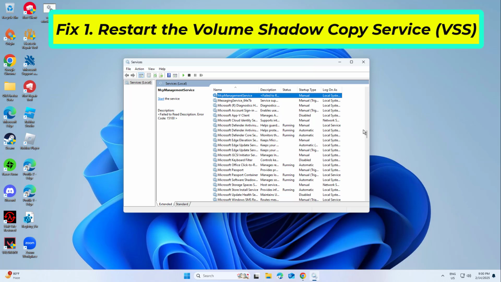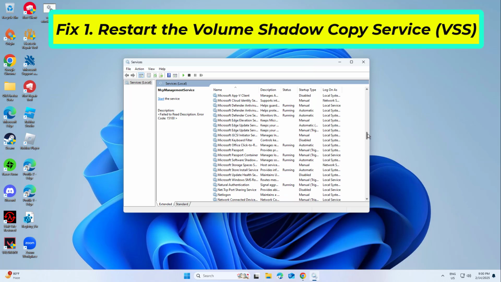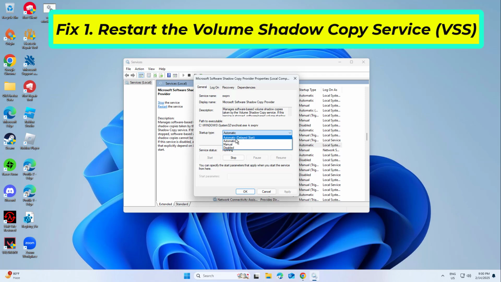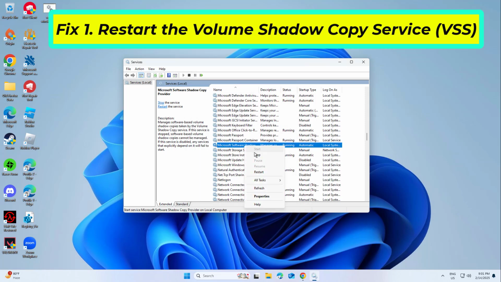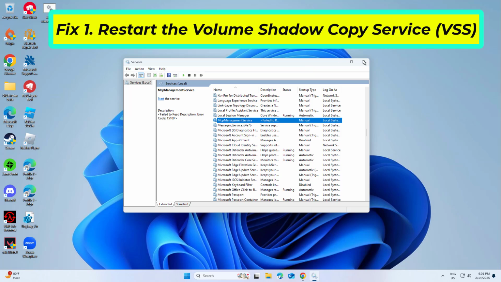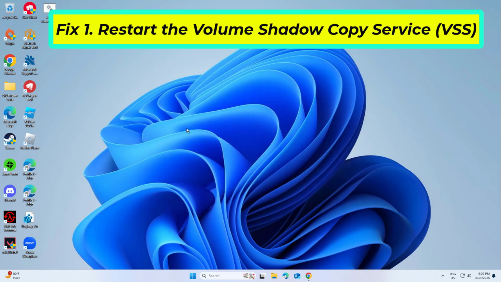Repeat this process with Microsoft Software Shadow Copy Provider and Windows Management Instrumentation. Restart your computer and attempt system restore again. If that didn't work,